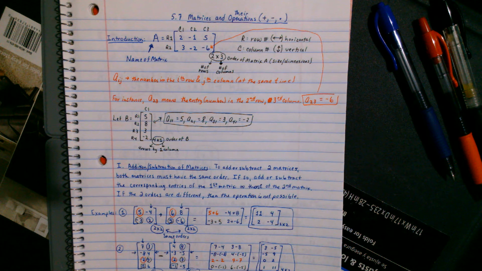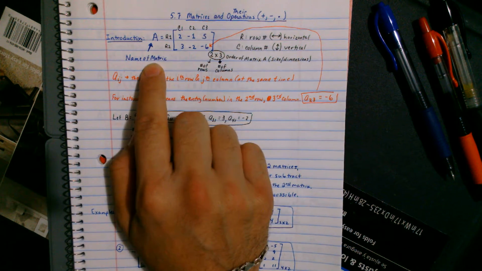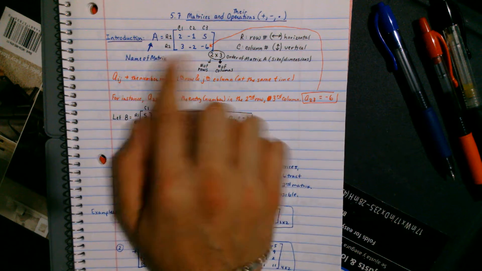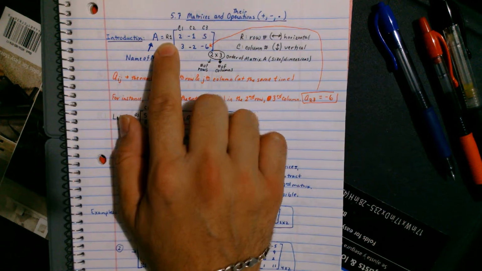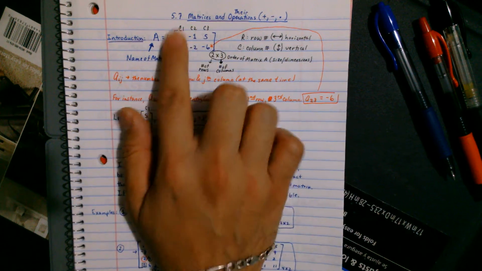So we'll continue into 5.7. This is the order I'm going to go through in chapter 5. So we talk about what is a matrix, or matrices for plural, and their operations: adding, subtracting, and multiplying. Typically, a matrix is sometimes just a box of numbers, or sometimes you give it a name, typically a capital letter. So a matrix is made up of, this is just an arbitrary matrix,